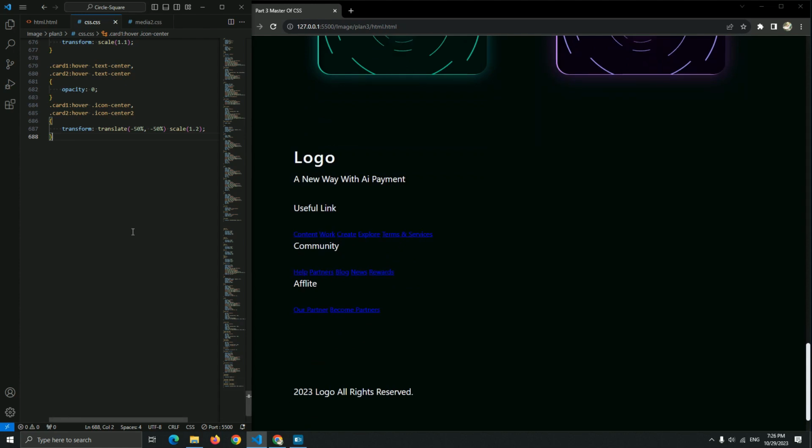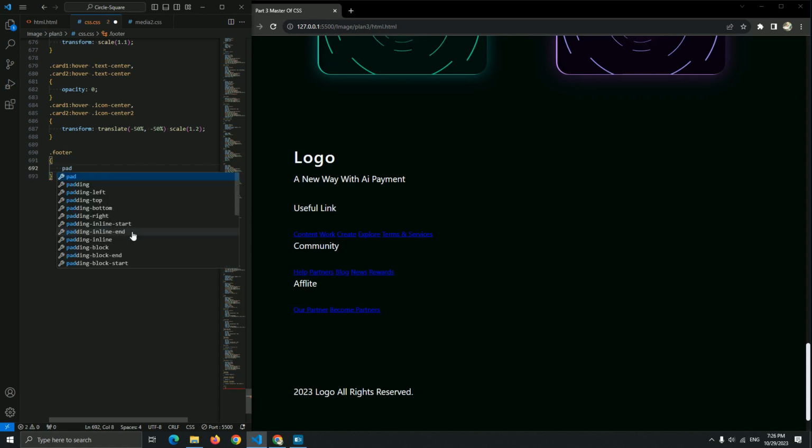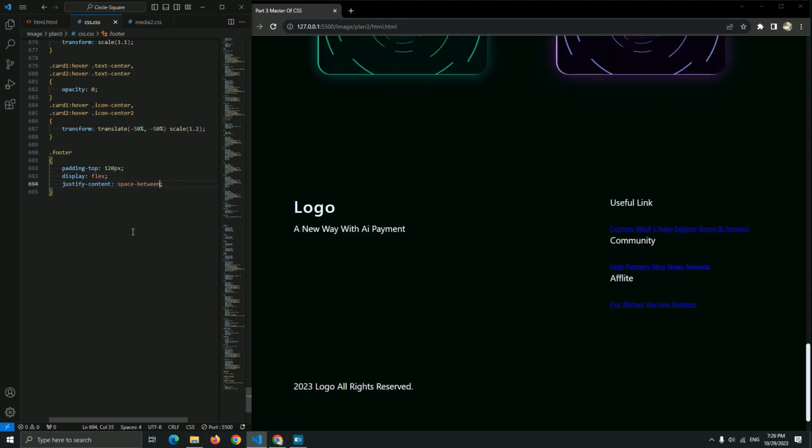Okay, now for the footer page, guys, first let me call the footer and add a padding top 120 pixel, display flex, and justify content space between. There we go. Now for the last center that we added here, I want to add it here.